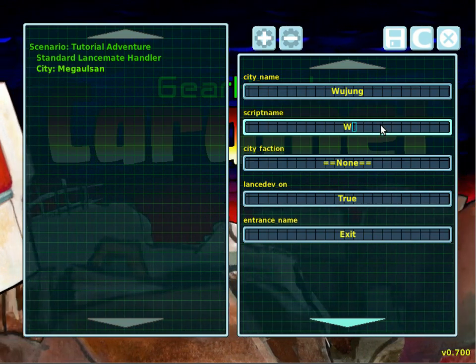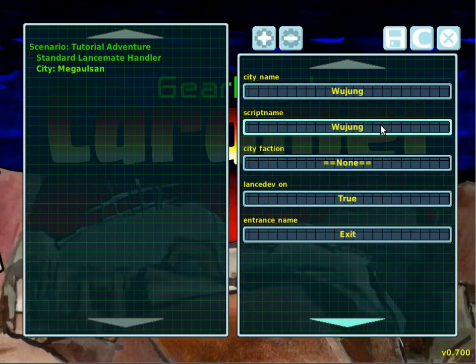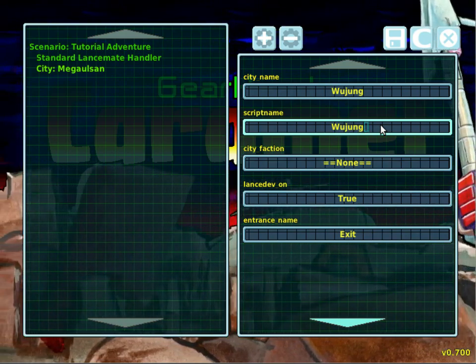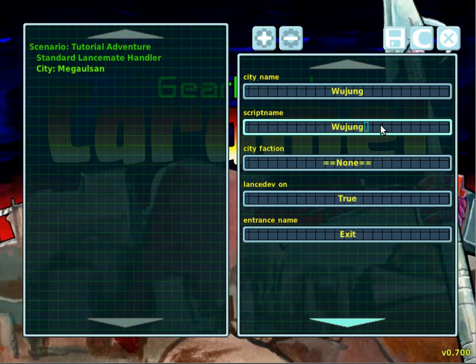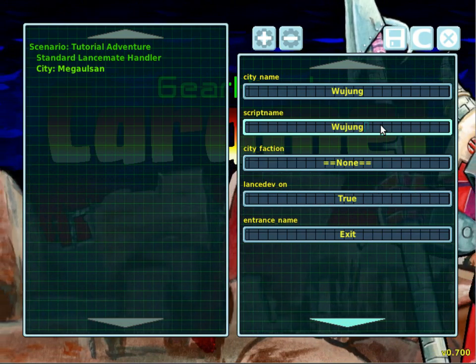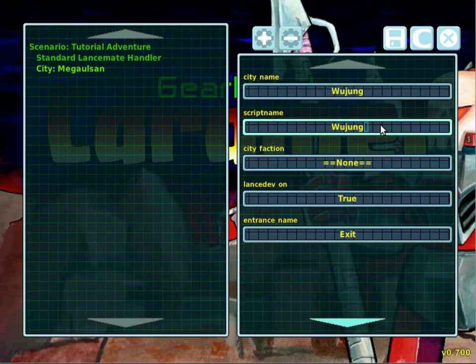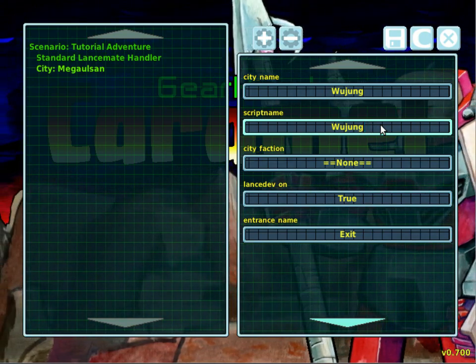This script name only needs to be unique within the tutorial adventure. It will not, there will be no leakage. It will not accidentally access the Dead Zone Drifter Ujung stuff. It's just